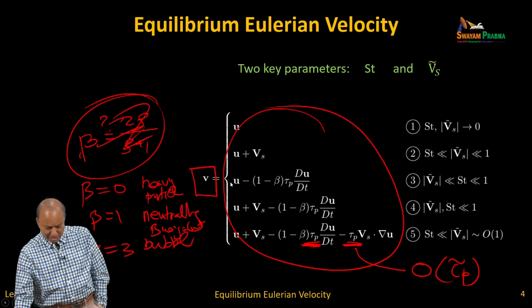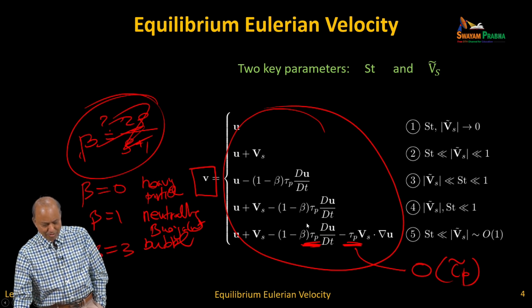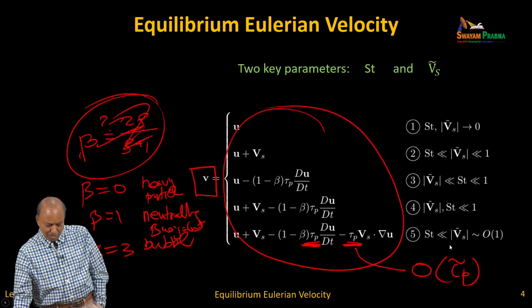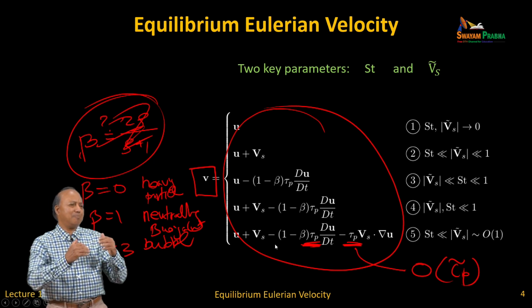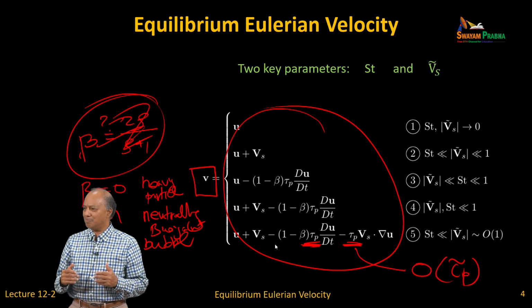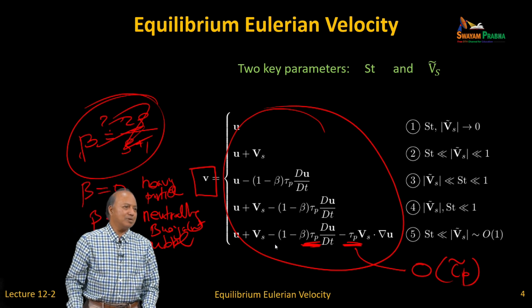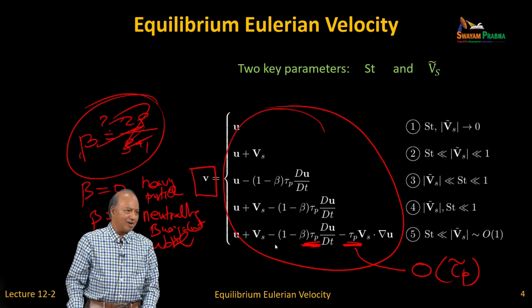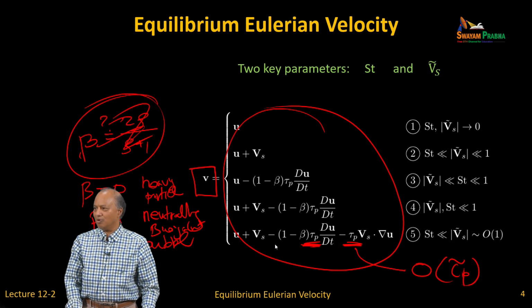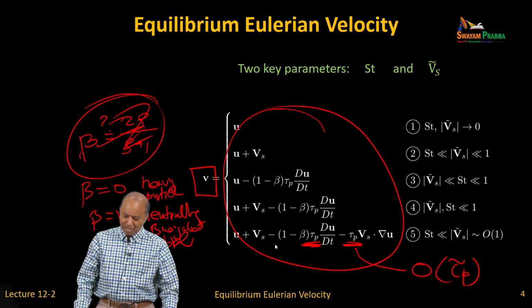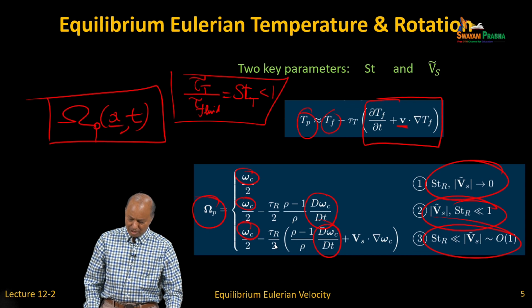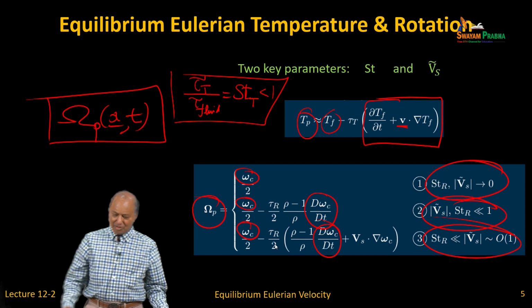Now if both of them are small but not negligible, you get the sum of those two. You can even analytically treat the case where settling velocity is very important. In other words, depending upon what is important and what is not, you can write explicit equations for particle velocity in terms of the local fluid velocity. This is what we call equilibrium Eulerian velocity, and the same thing applies for